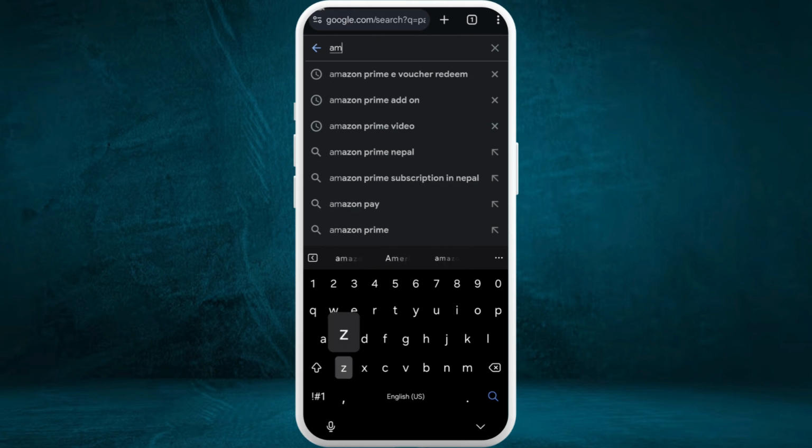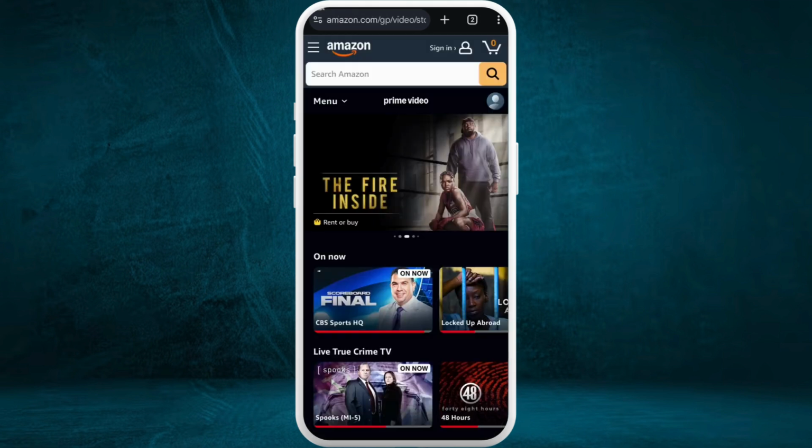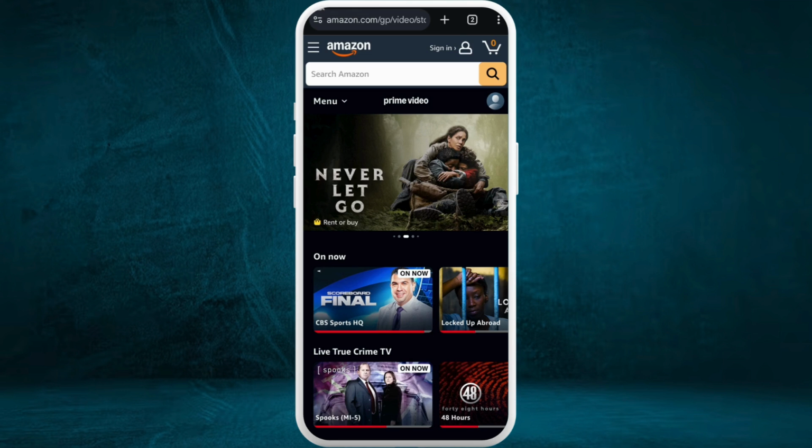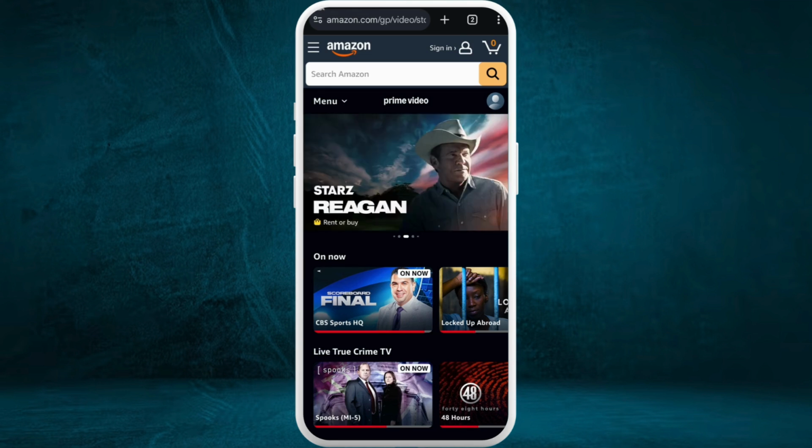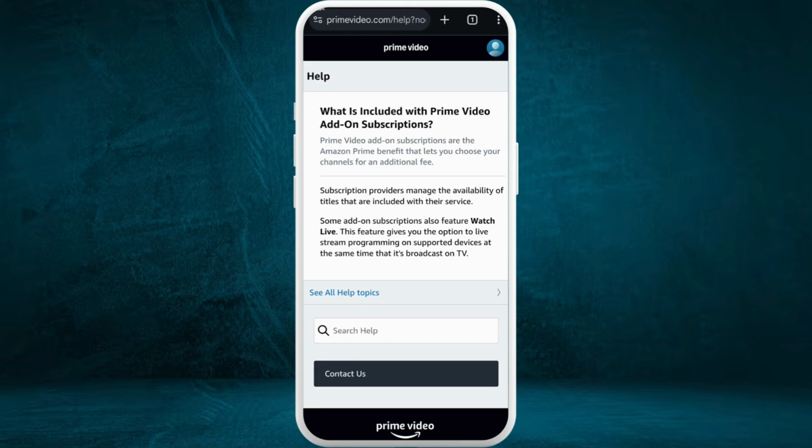On your browser, search for Amazon Prime add-on. So the add-on feature basically lets you add additional channels or streaming services on a subscription basis. So you will be able to watch the live streaming or other kind of extra additional channels through the Amazon